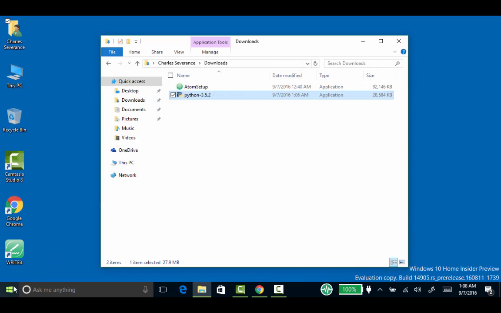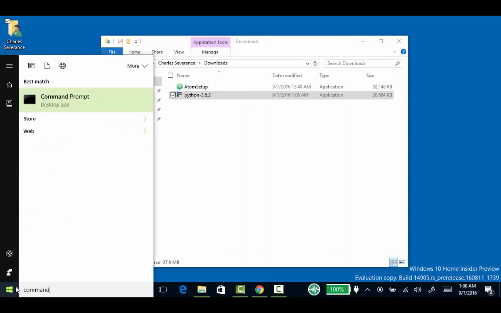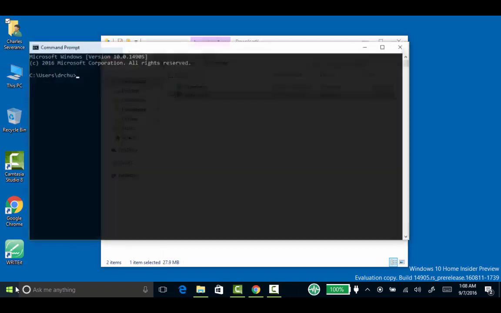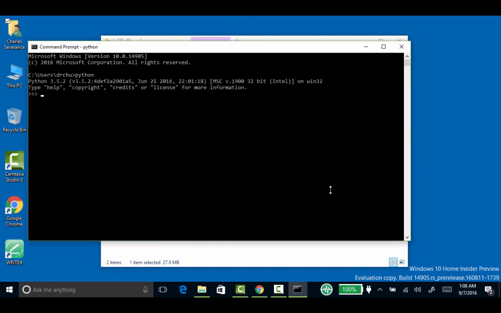Now, you may have all kinds of fancy ways to run Python, but I like running the command line. I like running the command line because after a while, it's important to know what folder things are being run in. And so here's this command line, and I should be able to type Python here. And so now I'm in Python 3, and this chevron prompt here is the Python interpreter, where it's asking for Python commands, and I can say print